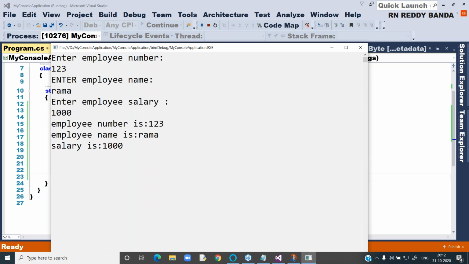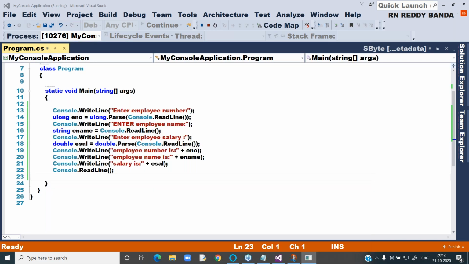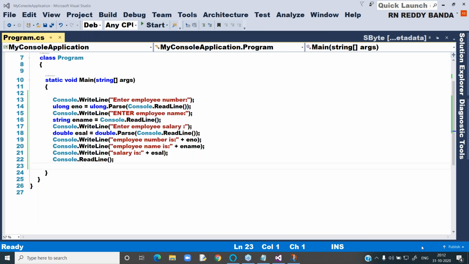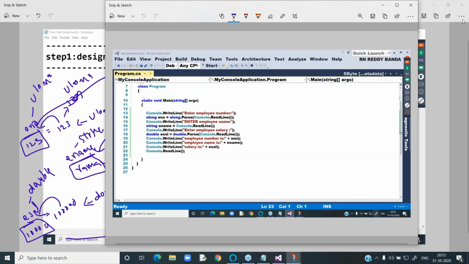Right. So here, is tracing required or not required? Come and tell me. Do you require tracing or not? Right. Next, coming back to our discussion. Now we will go for tracing. So what is tracing? Come on, tell me.